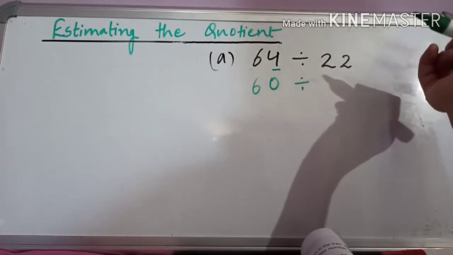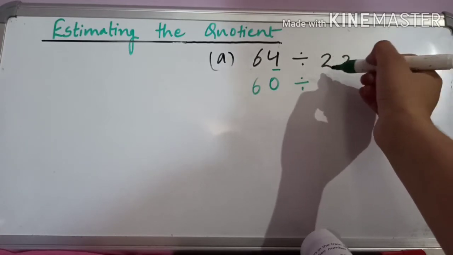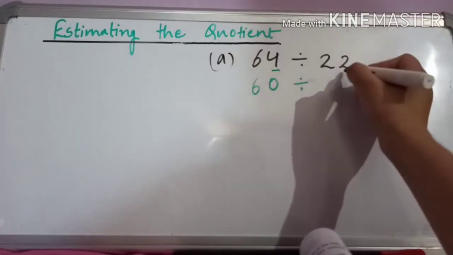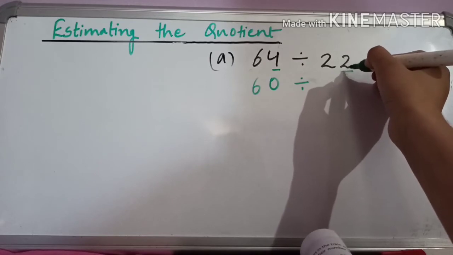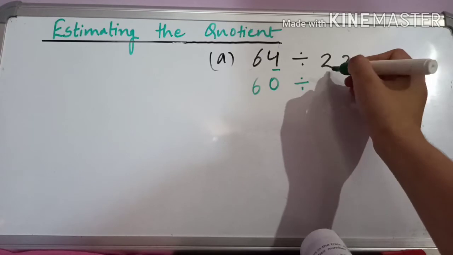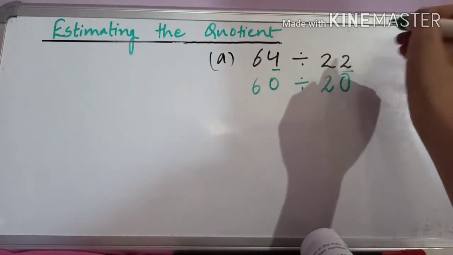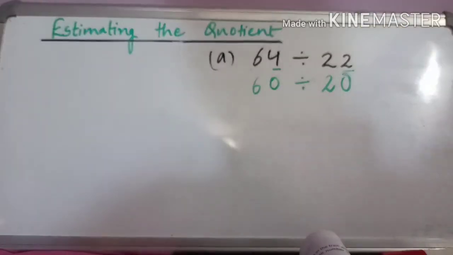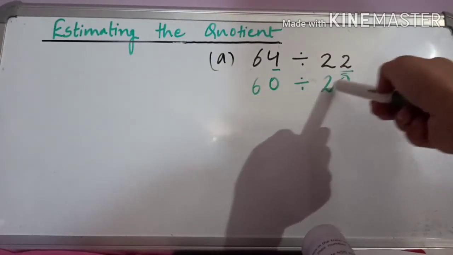Similarly, the divisor, we can see ones and tens, the last place value is tens, so we'll round this number to nearest tens, and for rounding to nearest tens we will see the digit at ones place, it is 4, which is again less than 5. That's why this number 24 will be rounded down, and this 2 will remain same, the digit at ones place will become 0. Okay, now we have rounded these numbers. So we have to actually find or estimate 60 divided by 20.